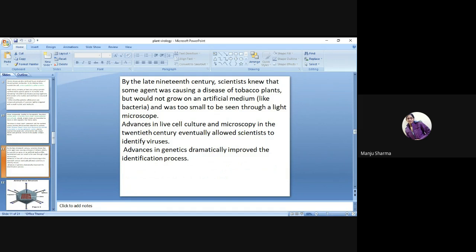By the late 19th century, scientists knew that some agent was causing a disease of tobacco plants but would not grow on an artificial medium like bacteria, and was too small to be seen through a light microscope. Then, advances in live cell culture and microscopy in the 20th century eventually allowed scientists